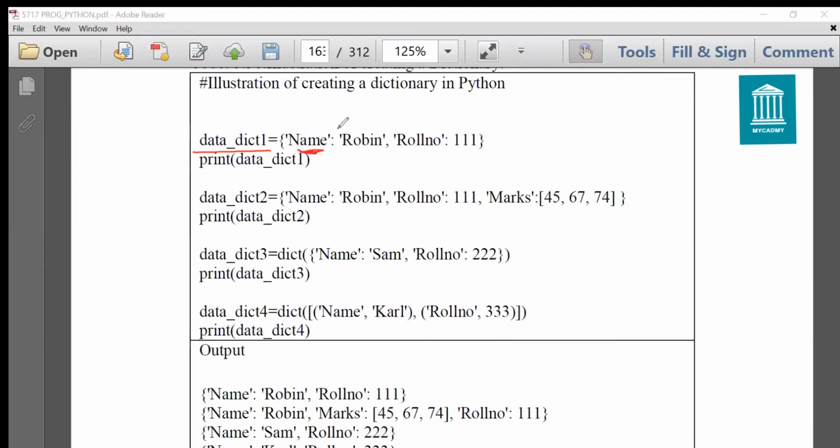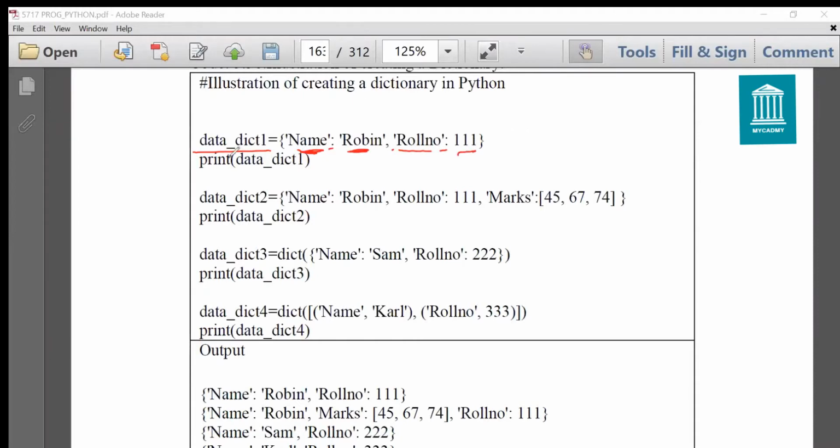The key is given in single quotes, and then we write colon, and then we specify the value. Since Robin is a string, we are giving the value in single quotes, then comma. There is another key, roll number. The key is given in single quotes. You have to remember this. Roll number, colon, and the value is 111.